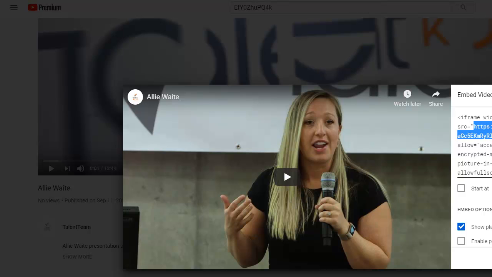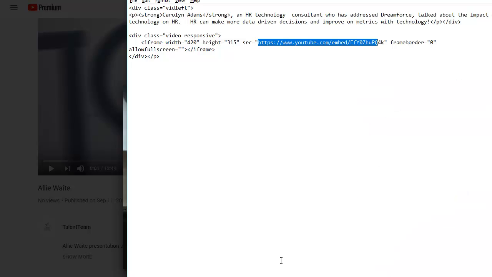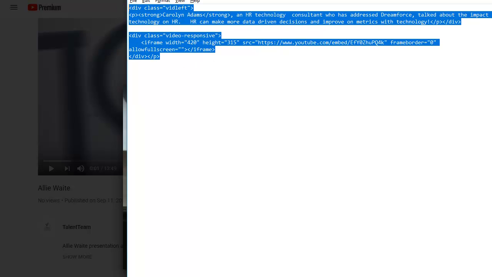You don't need to grab the whole thing. Well, you're going to have to copy that whole thing out of there. It's not going to really let you do anything else. But essentially just paste in this much and replace it there. Then you're just going to take this whole thing, copy it,